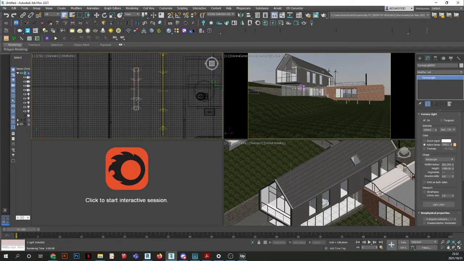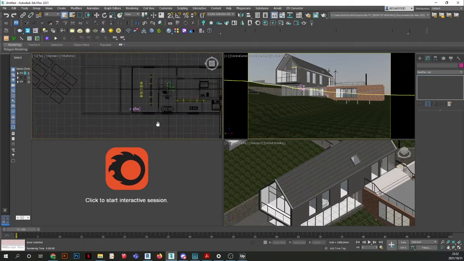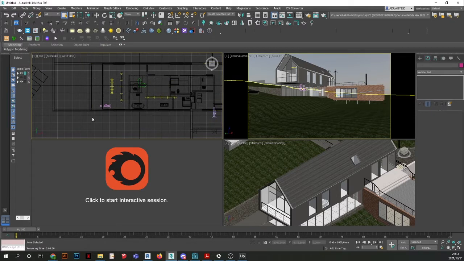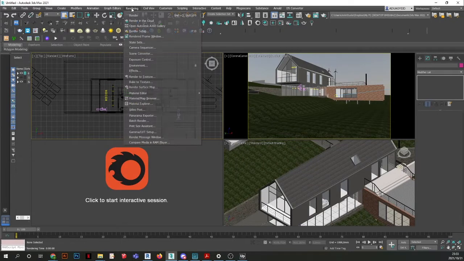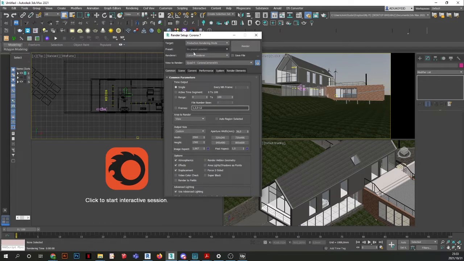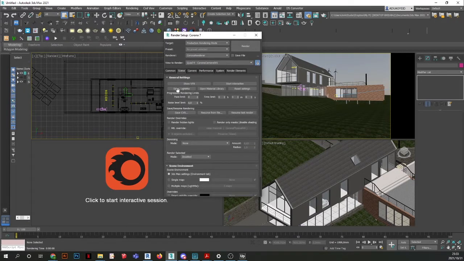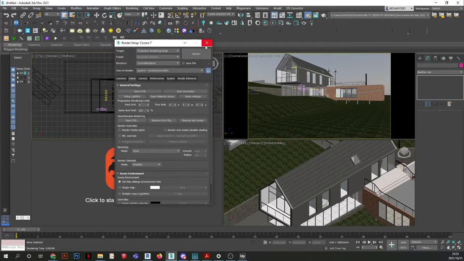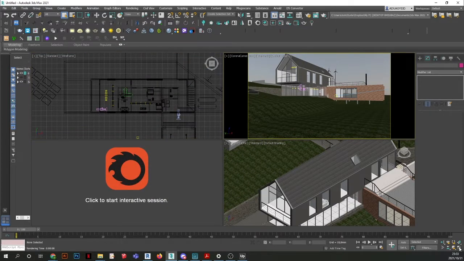And the beautiful thing about Corona, the last thing that I want us to have a look at before we end this tutorial, is that if I go to rendering and I go to render setup, I can basically go to scene and say setup light mix. So if I click on setup light mix and I say I want them to be individual, so each light you can control by itself, and you say generate. Now we're going to see magic. So this is beautiful. So now if I click on render,